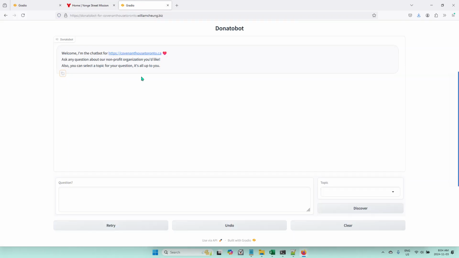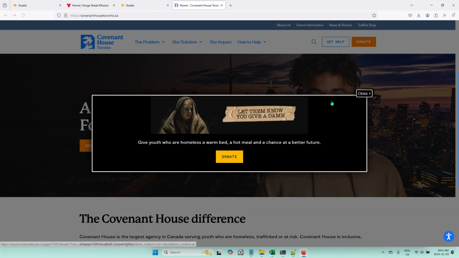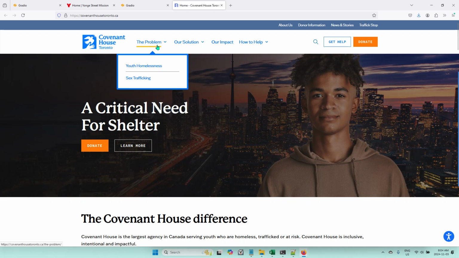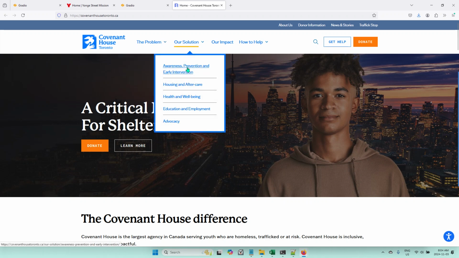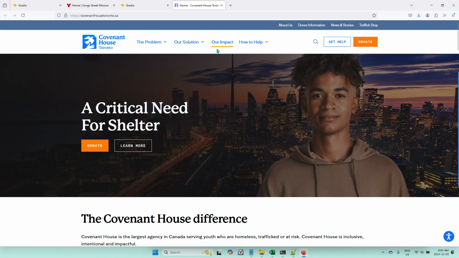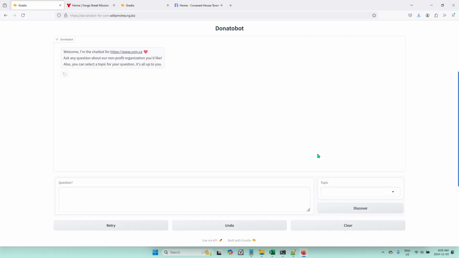And I also deployed this DonataBot for Covenant House Toronto. You go to their website, you see they also have the standard template of a navigation bar with the sub menu, and you can go to different pages. So how the DonataBot uses the submenu from the navigation bar is it reads the items in the menu items,